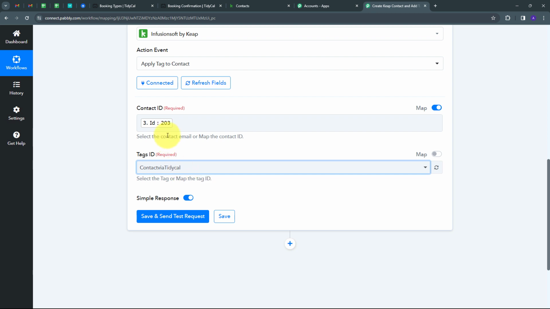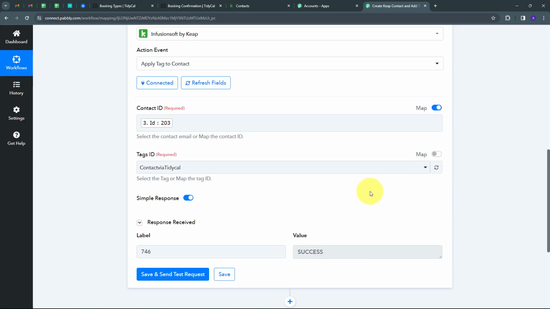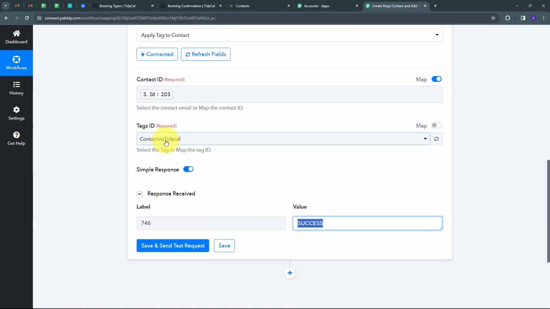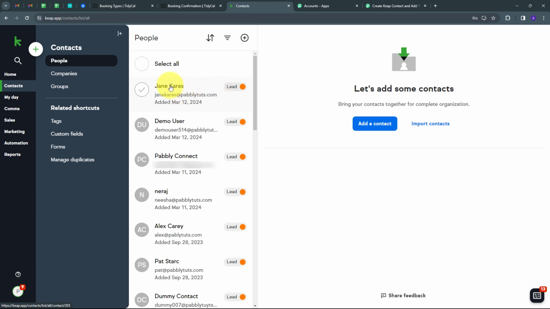So now I have filled all the required details. So I'm going to click on Save and Send Test Request button. And here I have this response of success. So this means that I have added this tag to this particular contact that I have just created from my TidyCal booking. Now to check this, I will go back to Keap, and here again I'm going to open this